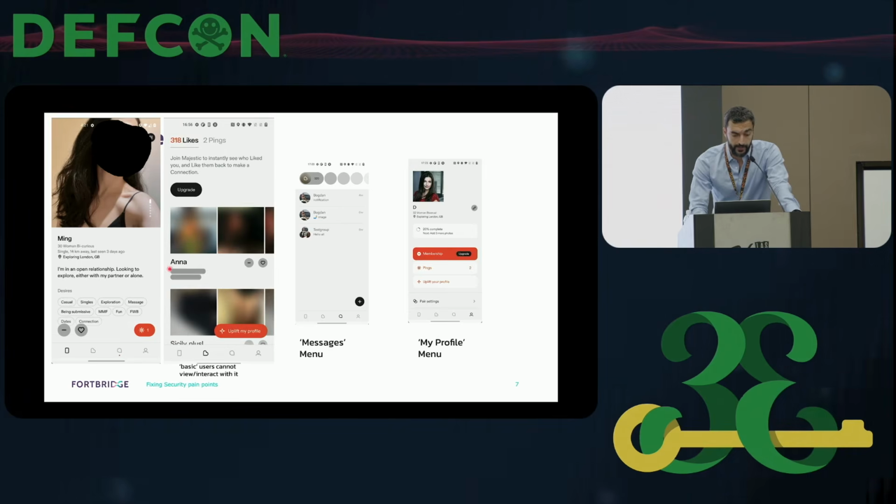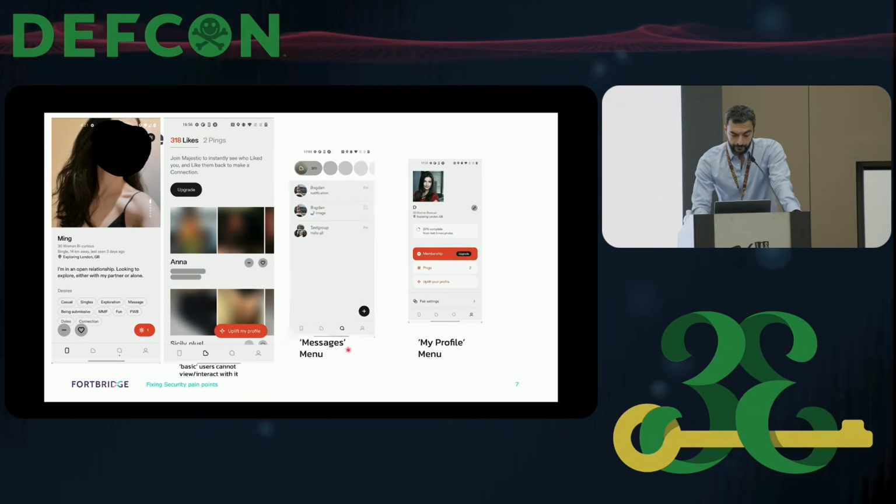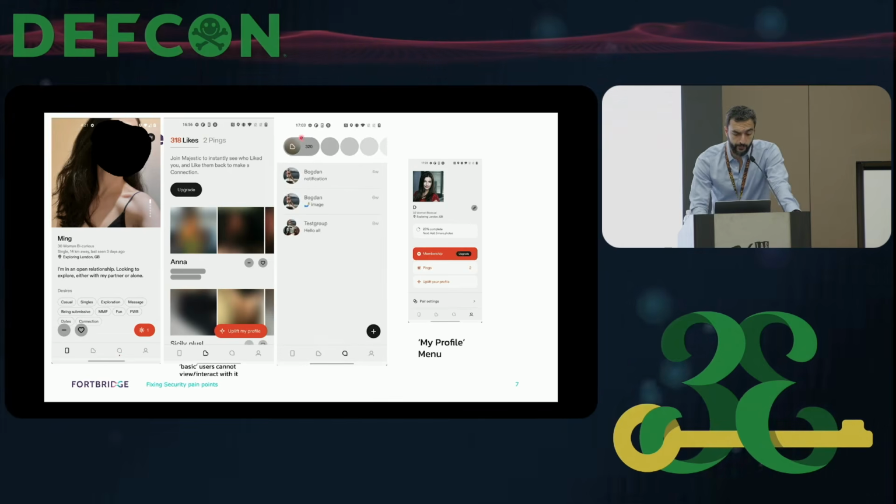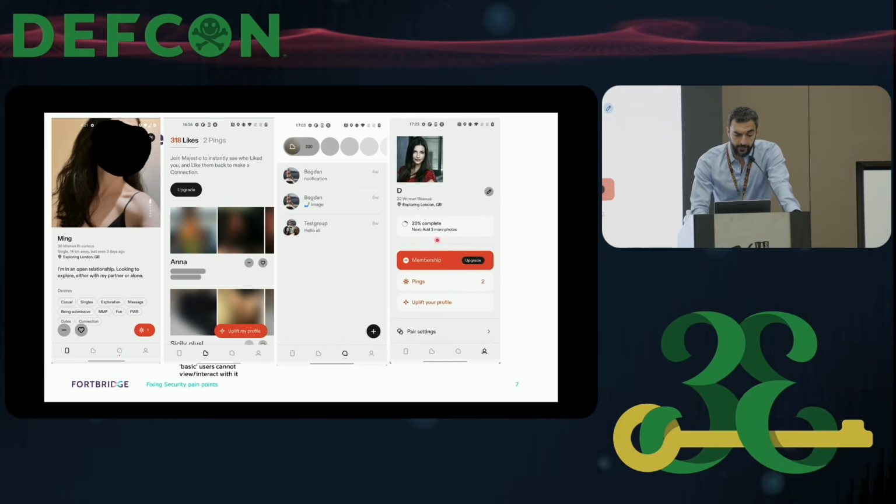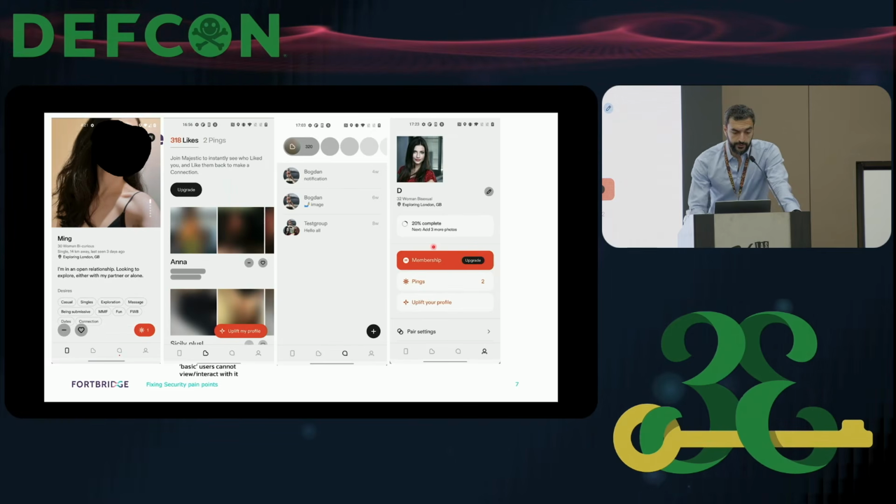All you can see is the name and the blurred photos. The third menu, messages, where you chat with the people you matched with. And the fourth menu, my profile, where you upload your photos, edit your biography, and you can buy premium membership. So this is how the Feeld app looks.